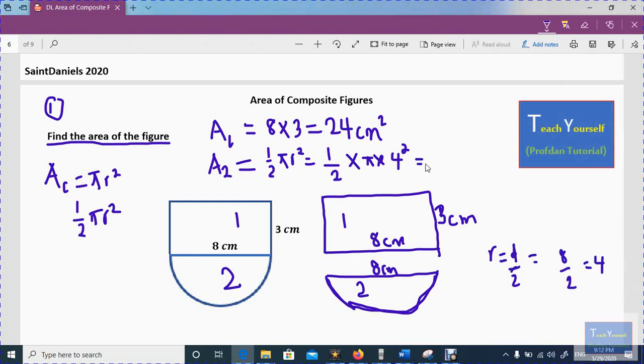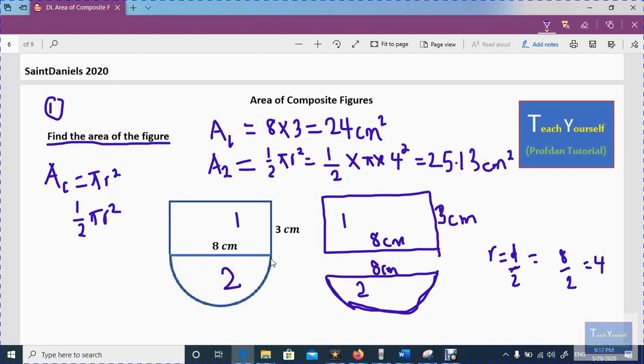So I have this as 25.13 centimeter squared. So finally, since the question is the area of the figure, so this figure composed of part